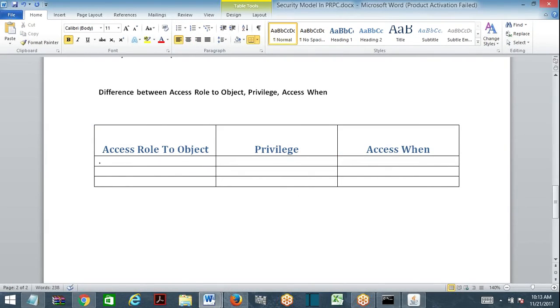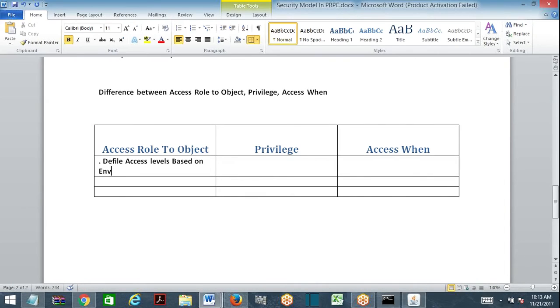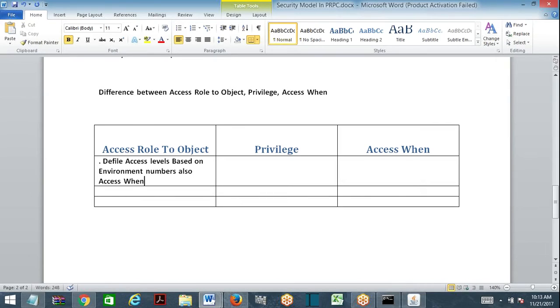Role to object defines access levels based on environment numbers. Access when is based on environment numbers as well.